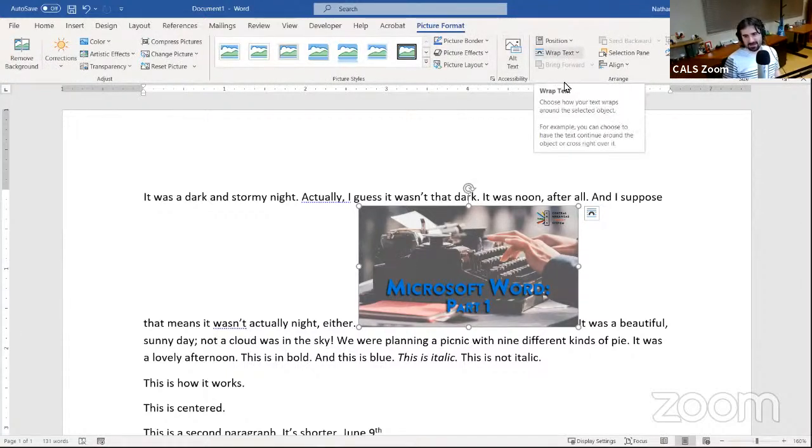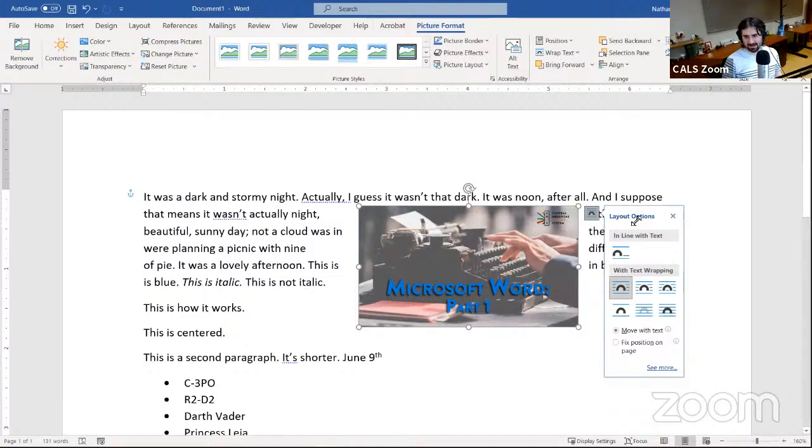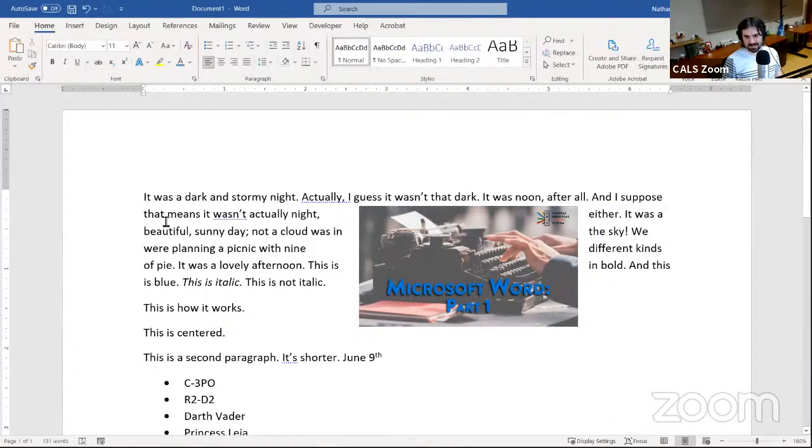One key thing, though, to point out is wrap text, and it's also down here. This button's a little more convenient, so I'm going to use this. If I click on this where it says layout options, it's going to give me some options for how my text and my pictures are going to relate to each other. So right now we have it in line with the text, like I mentioned a moment ago. But I can use what's called text wrapping instead. This one, square, if I click on that, then it's going to arrange my text in such a way that